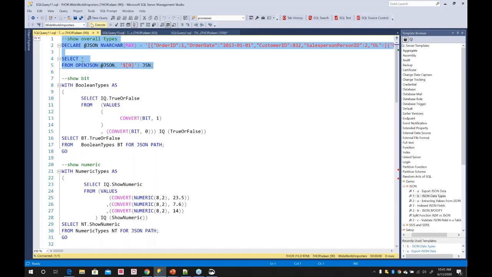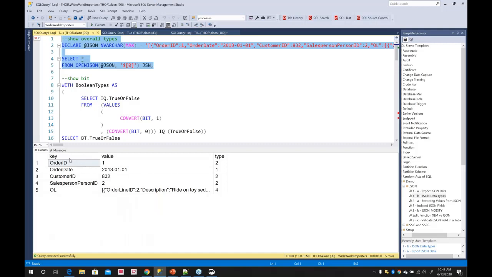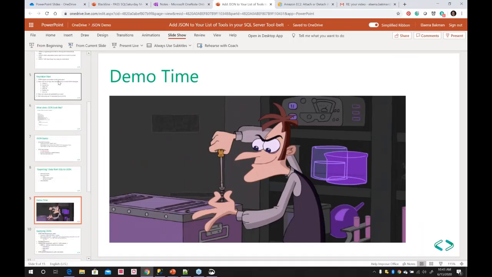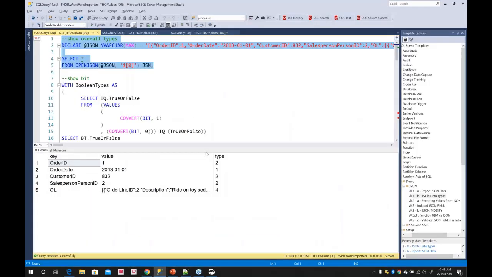So this is a JSON formatted string, and here is our output, and you can see here we have type 2, type 1. So let's go back here and see. As I promised you before, these are actual values. So type 1 is a string, type 2 is a number, 5 is an object, array 4, boolean 3, and null is 0. Let's go back